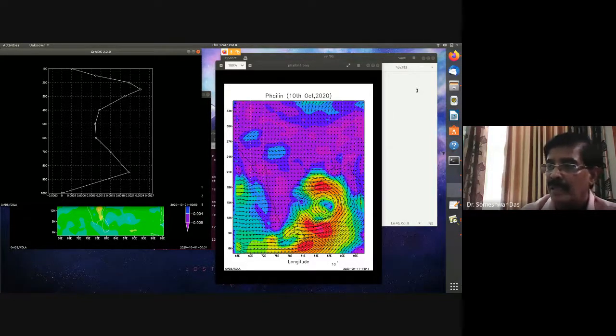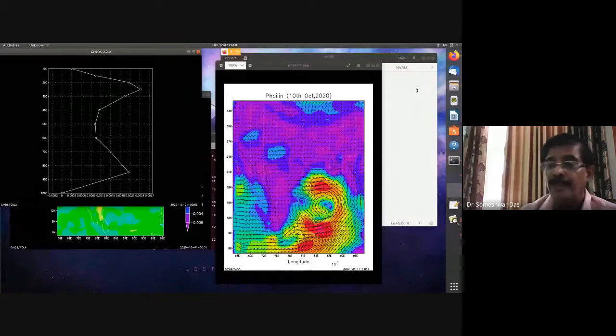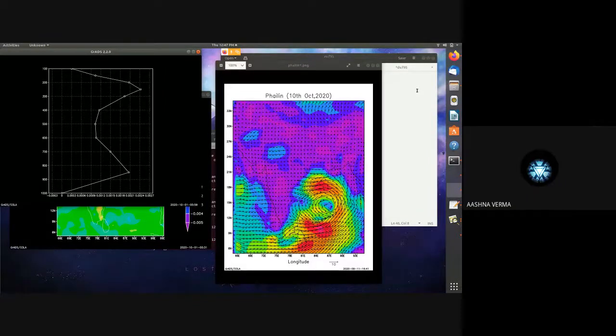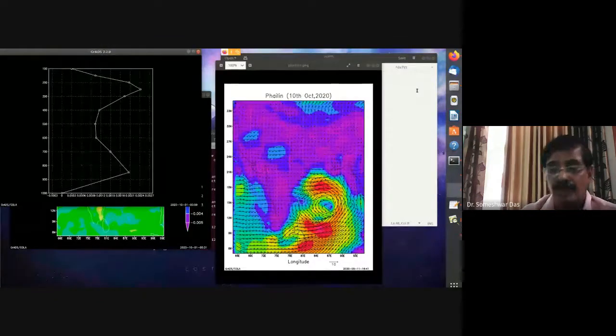You make a report, so you have to make a practical report. Write the vertical velocity, and below that write the description of the plot, what the unit is, all that. That will all count in your practical. This is compulsory for all of you. All of you must submit your practical report containing all the exercises that you do in the class.